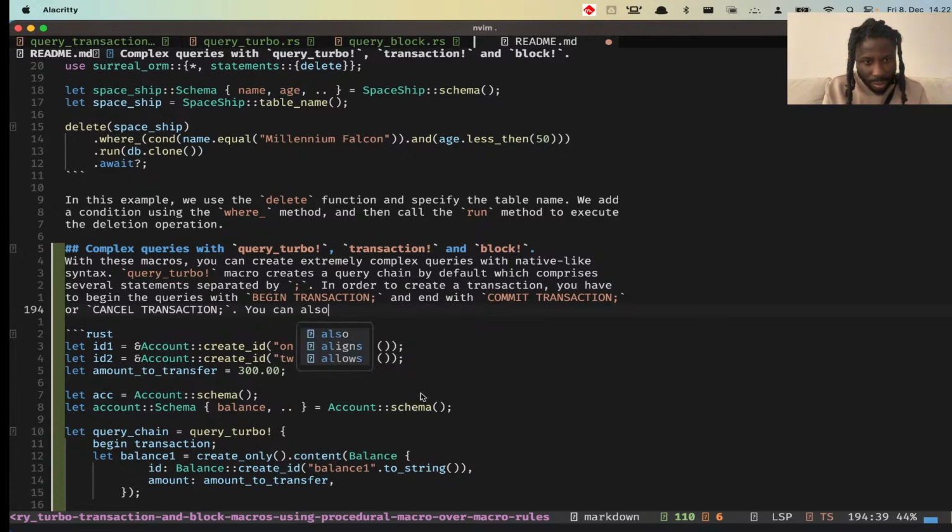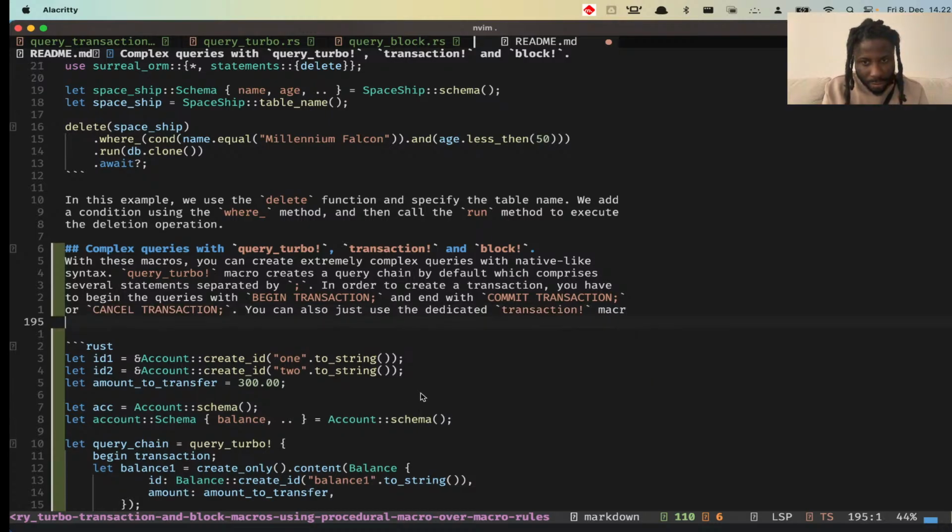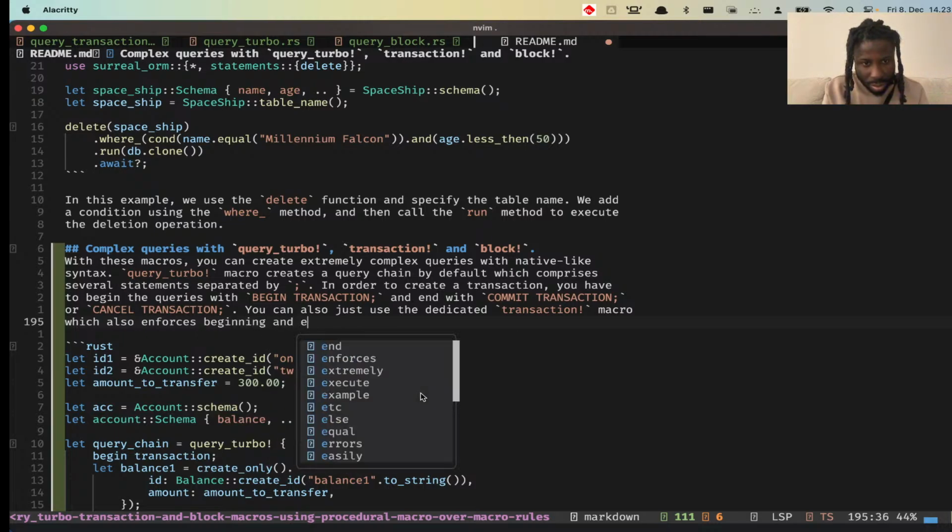You can also just use the dedicated transaction macro, which also enforces beginning, ending,